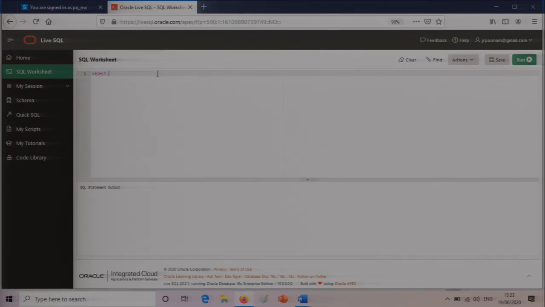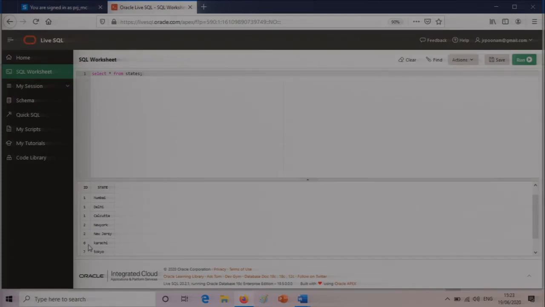Let me see if the data has got inserted into the other table, that is states. So let's check. Yes, the data has been inserted into the states table. If you can see, there are 7 entries. ID number 1, which was for India, has 3 states entered here: Mumbai, Delhi and Calcutta. And ID number 2, which was for US, has 2 states, New York and New Jersey.